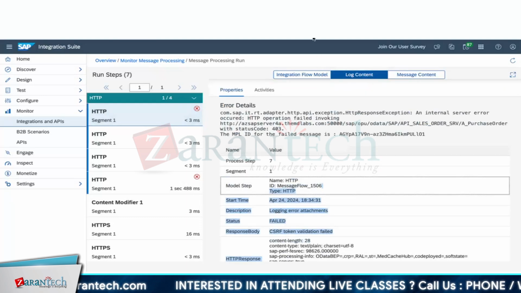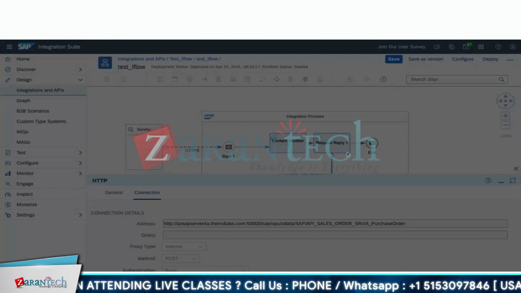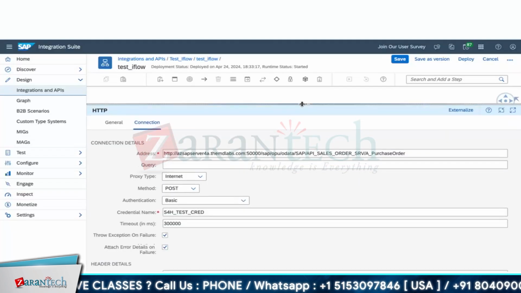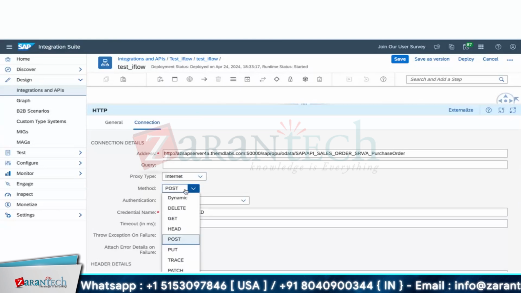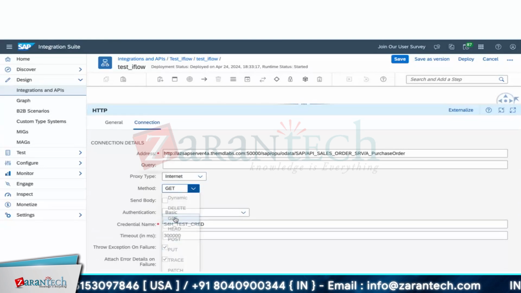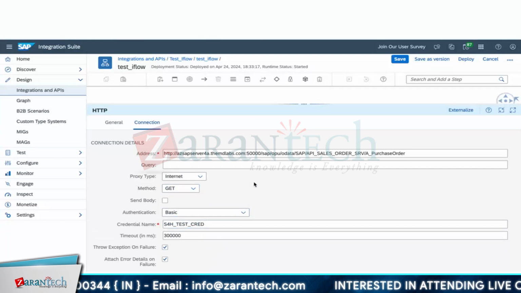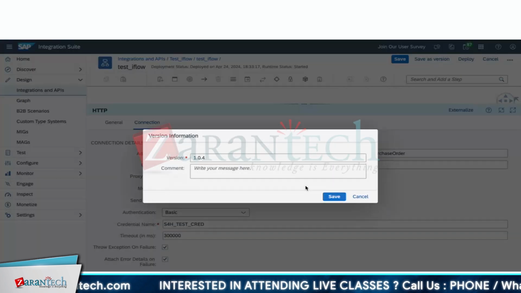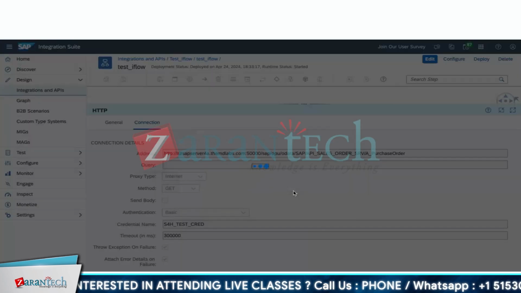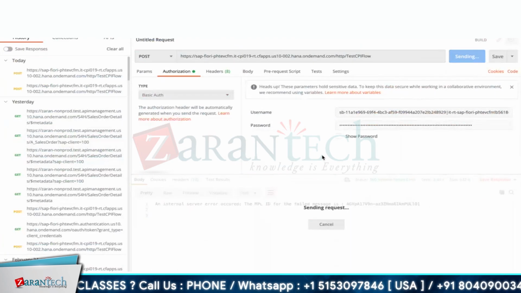Oh, I think this came as a post request. Now in the adapter, we need to change that to a get request. So here you have the methods like get; choose get here. Then it becomes very easy. Let's give it a try now. Now I will click on send.